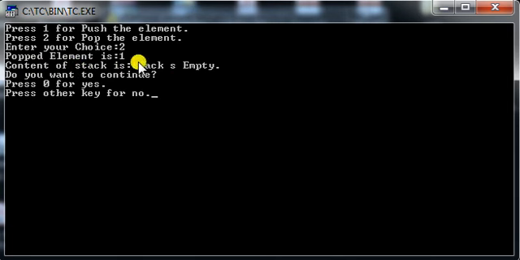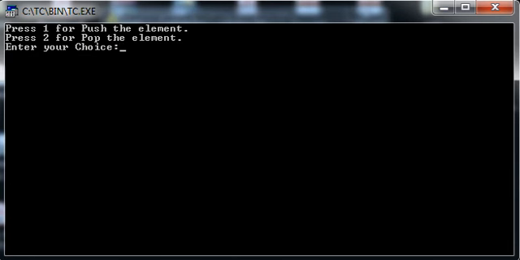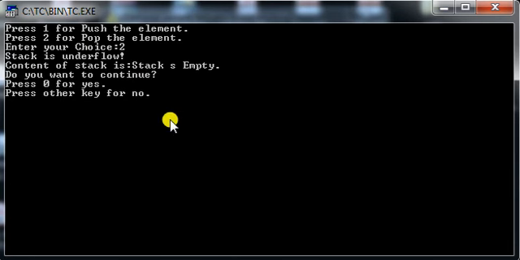The last popped element is 1. But now onwards, if I perform the pop operation, it will show me that the stack is underflow. So 0 and 2, you can see it shows me that the stack is underflow.